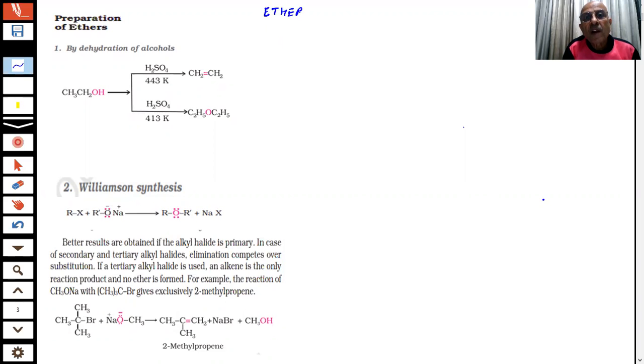We are aware of what ethers are, students. What is the functional group of ethers? We have shown you this type of oxygen with carbon on either side. So you get ether. The simplest ether will be CH3OCH3, or you write this as the bond line representation. What will be the IUPAC name of these, students? We have told you. They are named as